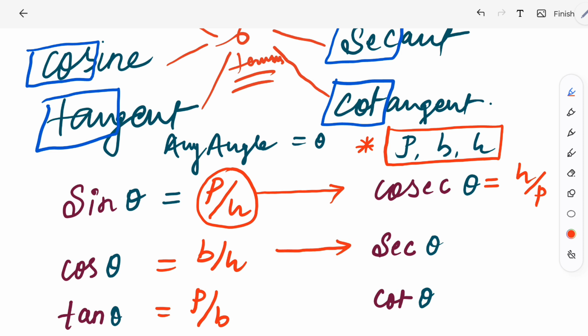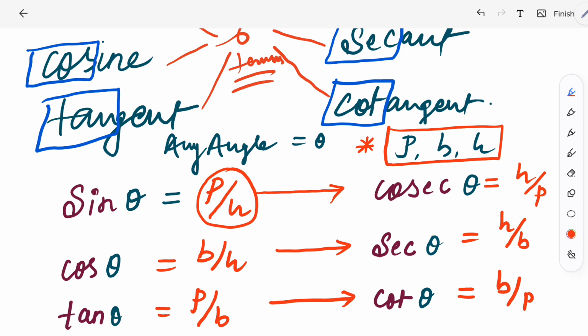B by H means cos theta. Just reverse the ratios, that is H by B. You'll get sec theta. Now, what about P by B? It's tan theta. So just reverse the ratios, B by P. You'll get cot theta. So up to here, students, we got the idea of what is the meaning of sine